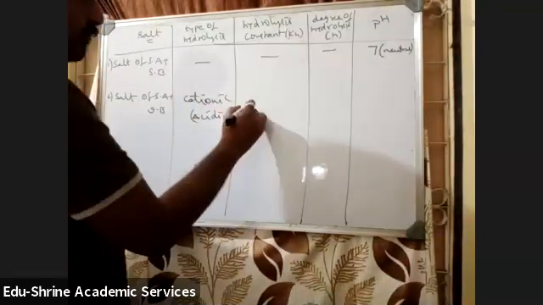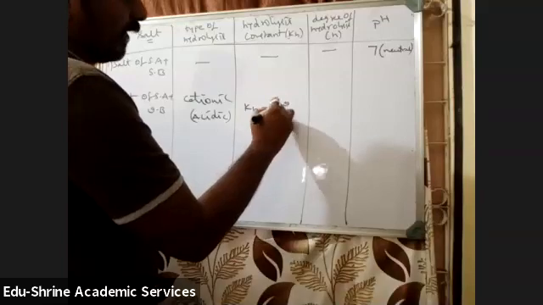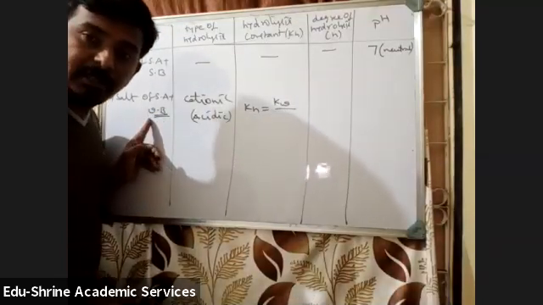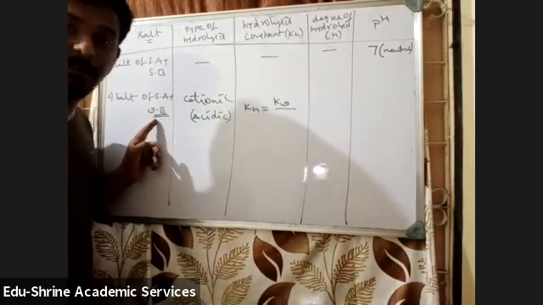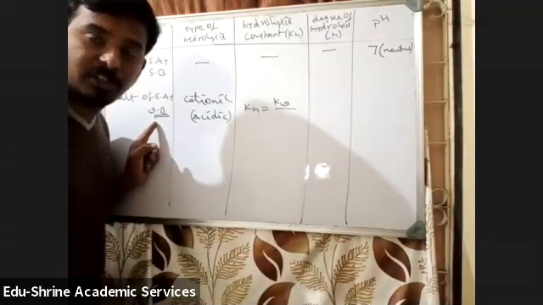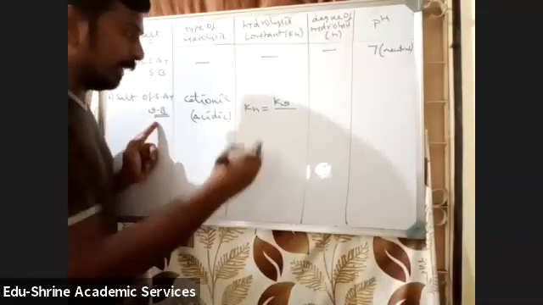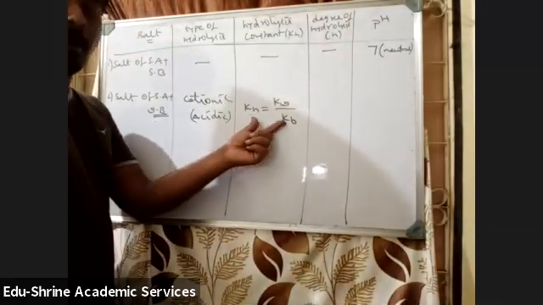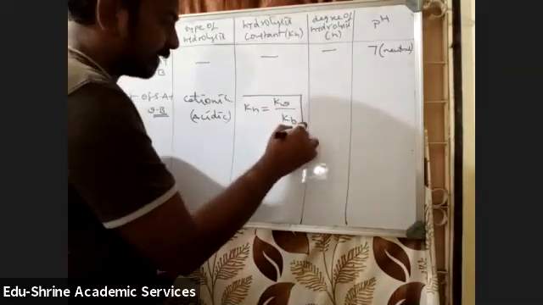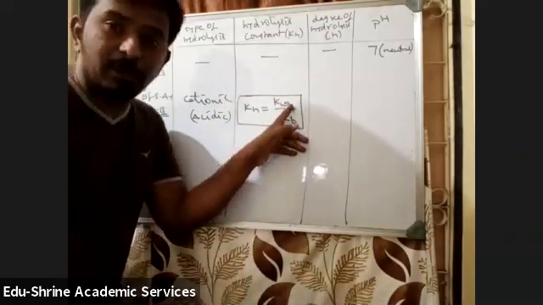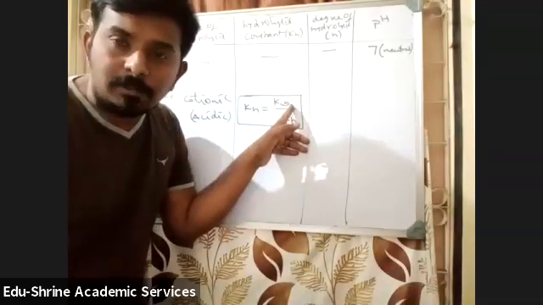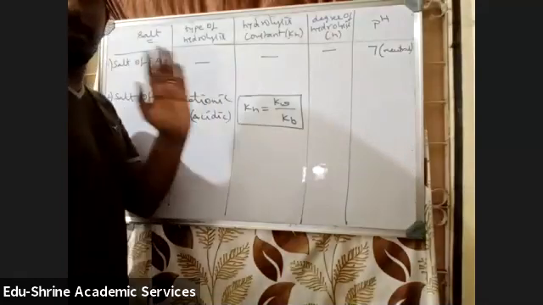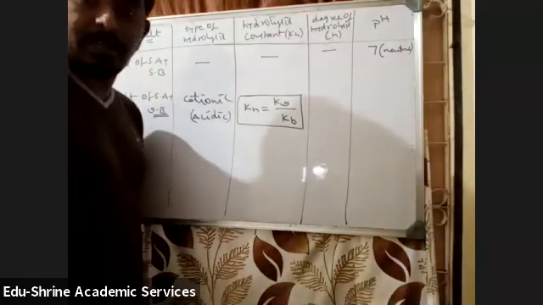So the hydrolysis constant KH will be equal to Kw by Ch. The base is weak, no? That means which value will be given? Ka value or Kb value will be given in the question? Kb. So KH value will be equal to Kw by Kb. The formula to calculate KH is Kw by Kb. Kw is the ionic product of water whose value is 10 power minus 14, a constant value. Kb they will give in the question. This is the formula to calculate KH.